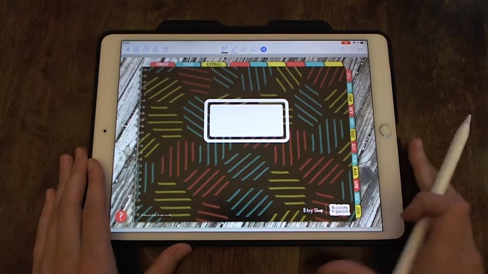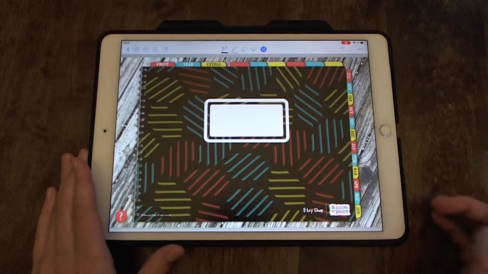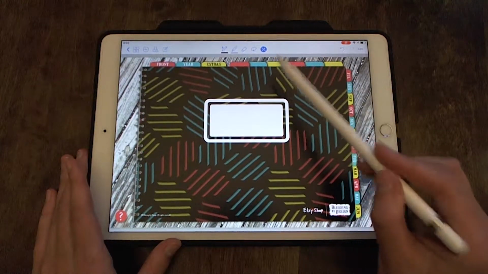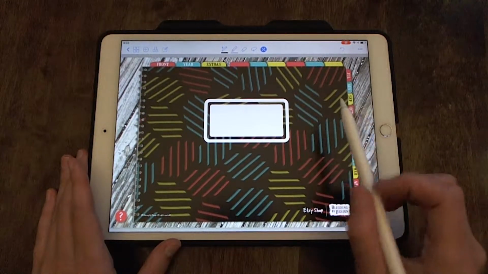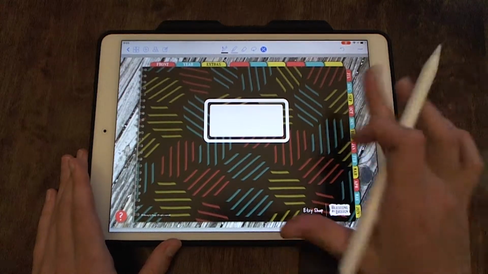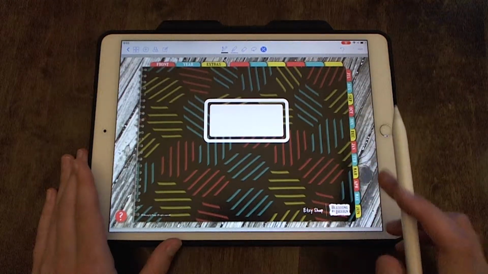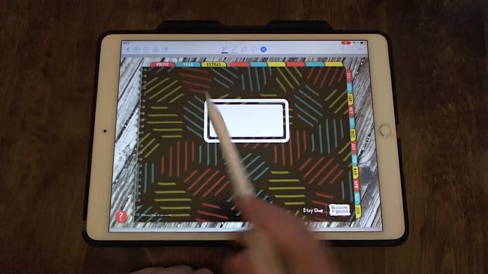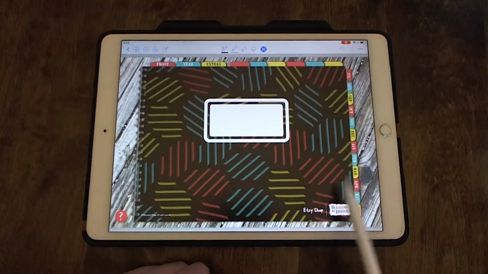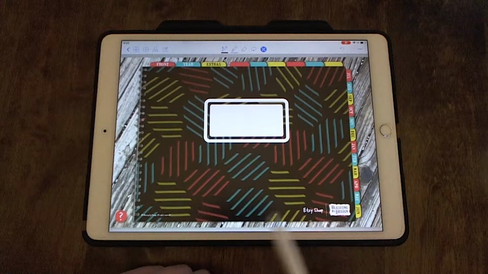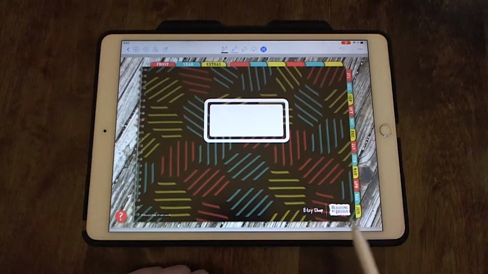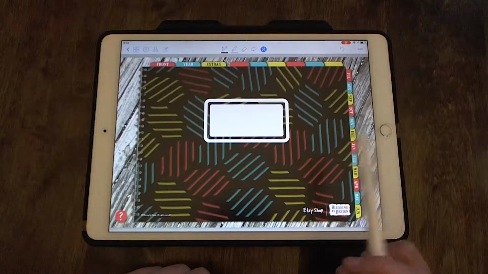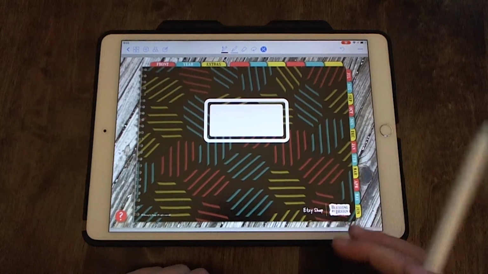When navigating through our planners with GoodNotes 4, you need to make sure that this little icon right here is selected. This keeps you from drawing or highlighting instead of trying to tap the links. So as you can see, just on the front page here is all the different tabs along the sides here. And these tabs are always here. They're linked, they're always on all the pages, and you can get to anywhere that you need to be from